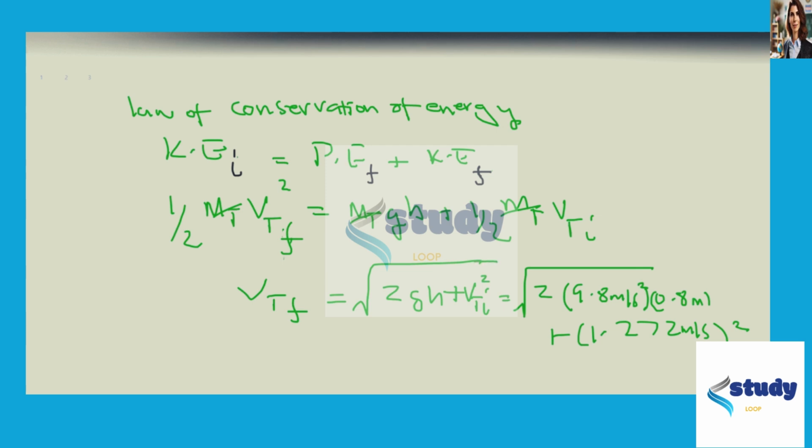And when we simplify that, we get 4.159 meters per second. Okay, so we get meters per second like that. Then in the next page,